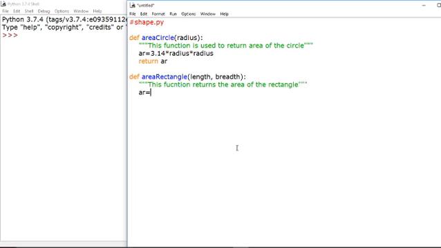Now area equal to length multiplied by breadth, and we return the area of the rectangle. The internal coding you can do as per your requirement.